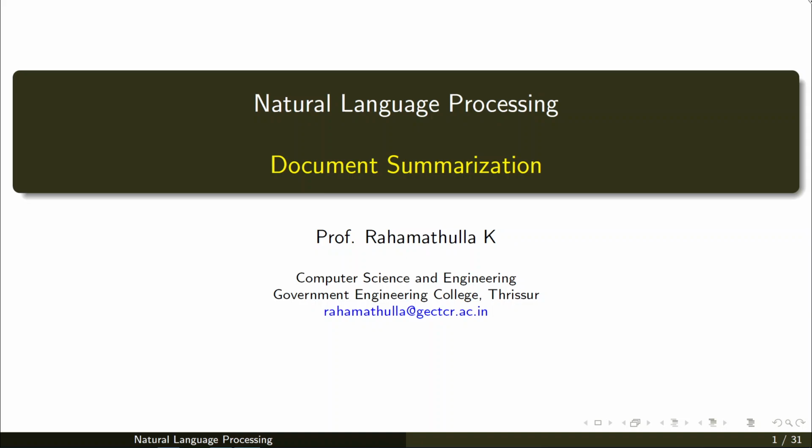In this lecture, we are going to discuss document summarization. In the last lecture, we have already seen a sample of document summarization as finding an answer to a complex question. That is, given a question, the system will be looking at different documents and trying to find an answer out of it by summarizing the set of documents.